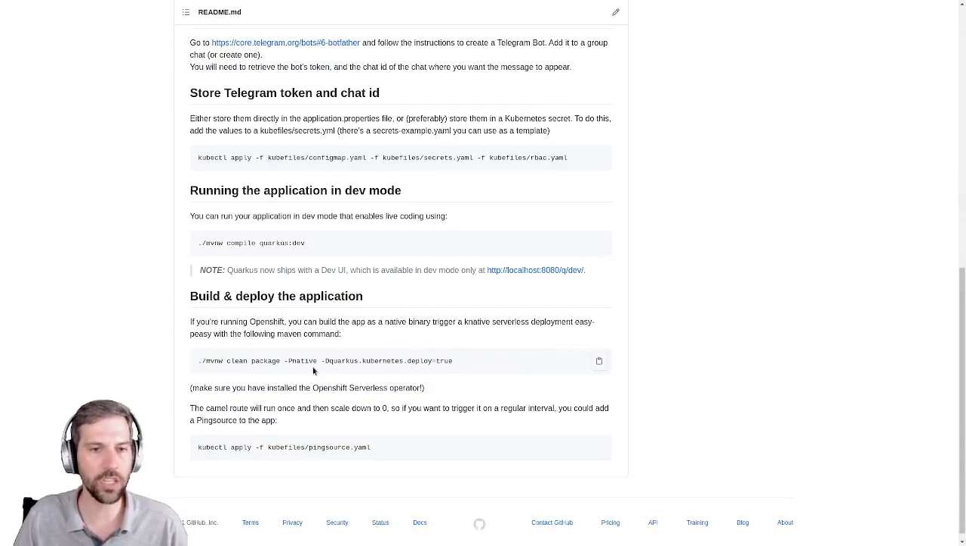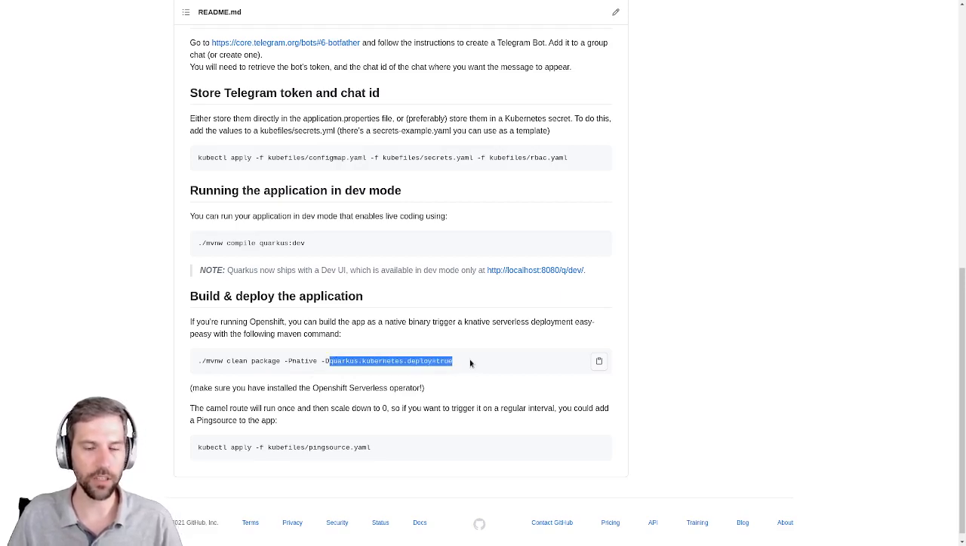Maven clean package, -P native, so profile native. So we're going to build it as a native binary and deploy it to OpenShift with quarkus.kubernetes.deploy=true. And then we've also configured it to run as a Knative service. So it's going to deploy and run really fast, and then after a minute or so, it's going to scale down to 0 and use virtually no resources